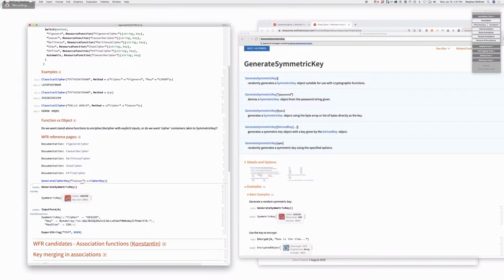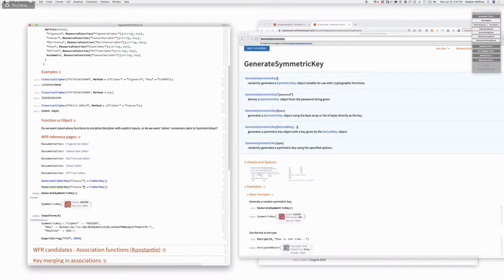Sure. But then the thing we would do here is we'd say Caesar 3 or something, so that we would have the cipher type followed by the specific key for that cipher. Yeah, there will be cipher key and then cipher, comma, whatever data. But then this would turn into a cipher key that presumably,